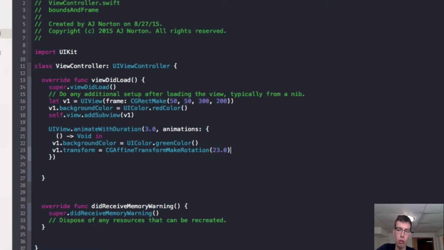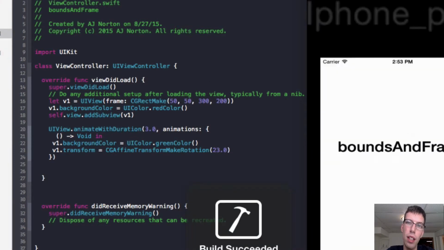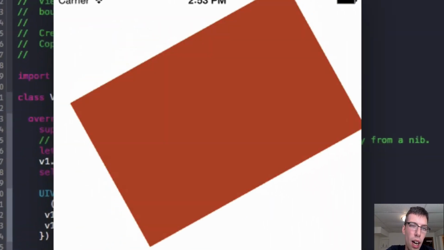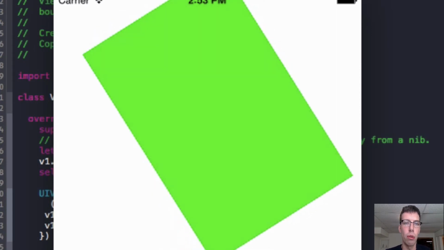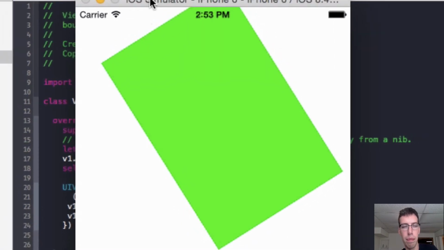That's not 23 degrees because this is in radians. So when I run this, I get a view that's going to rotate 23 radians, whatever that means. And it's better to convert it into degrees. You can do that by multiplying it by pi and dividing it by 180,